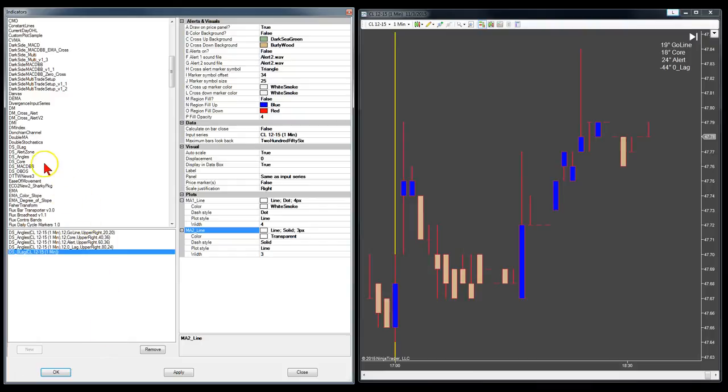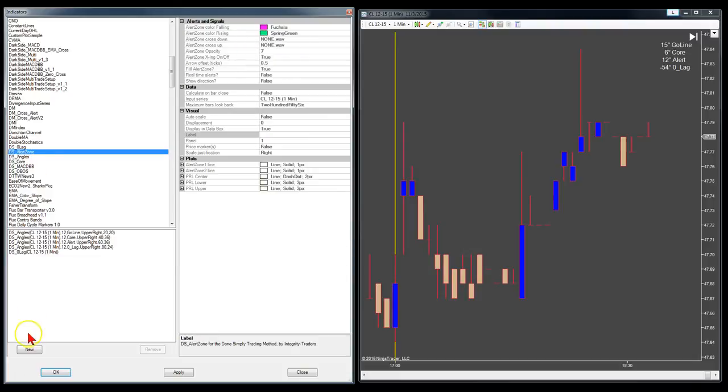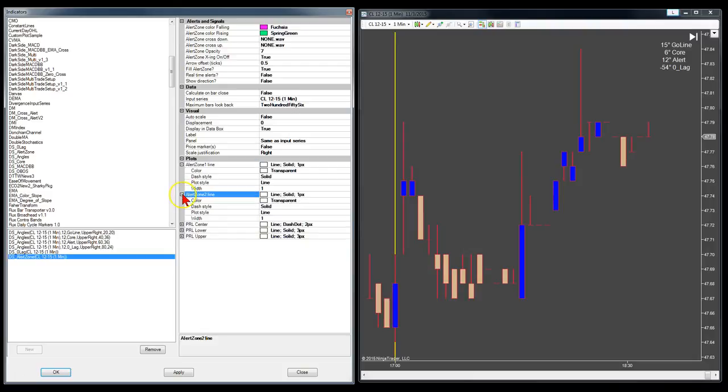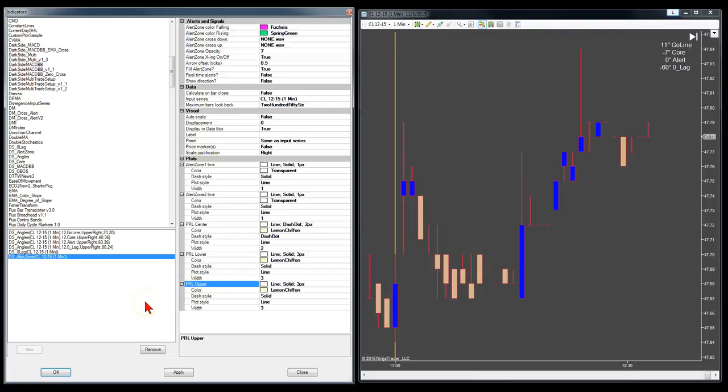The next thing is the alert zone, the DS alert zone. And here are the parameters I have for that. The template you get with the indicators should be identical to this, but if something doesn't show up, you can